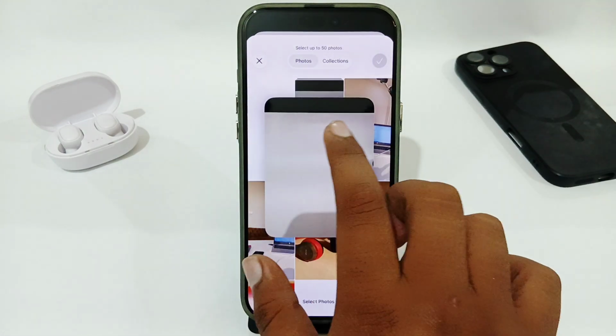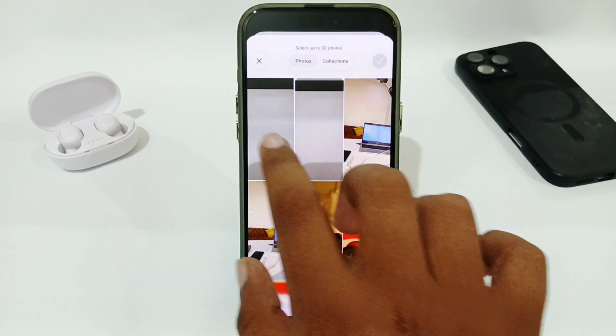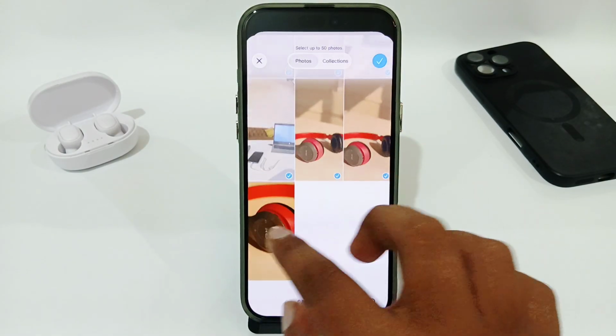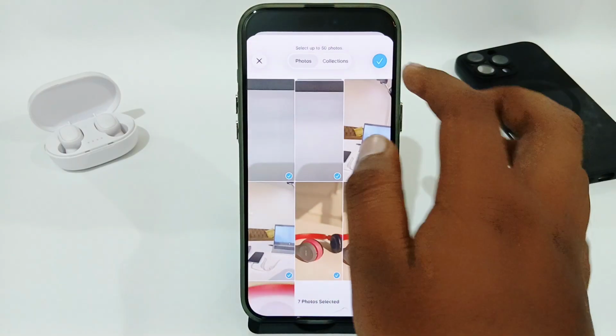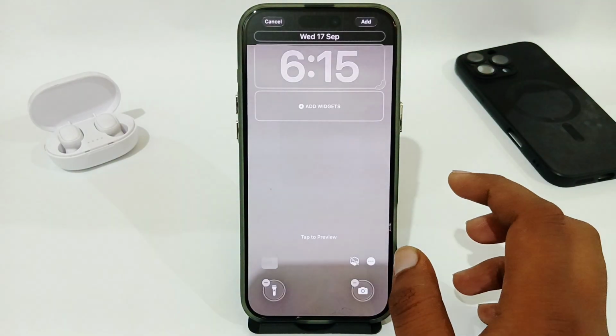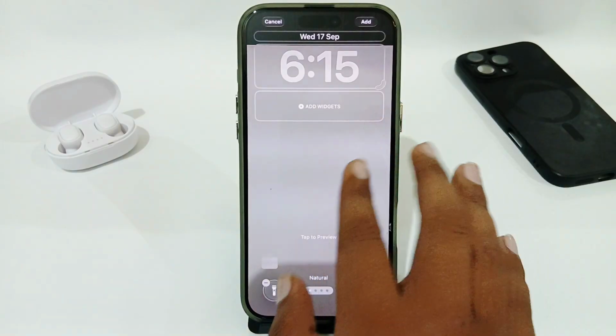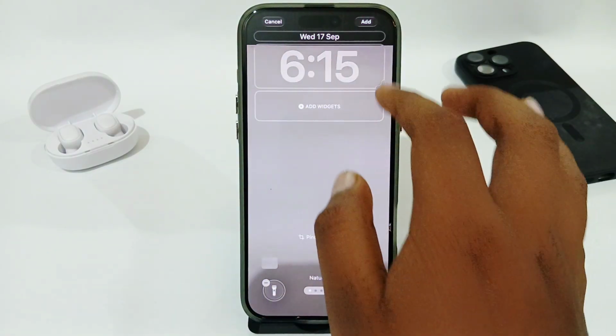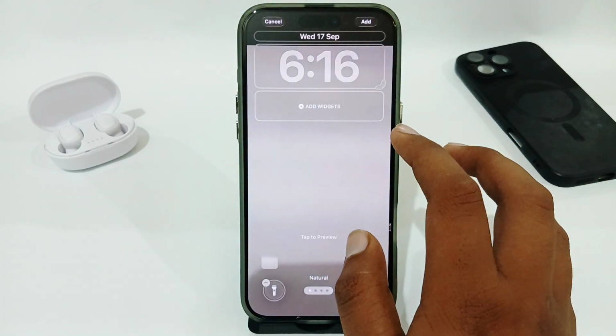Just keep a long press on that, and you can make an overview, or you can select the photos from here. Once you have selected, just tap on this done option in the top right corner, and here you can see that the photos have been selected. Now just tap on this add option,